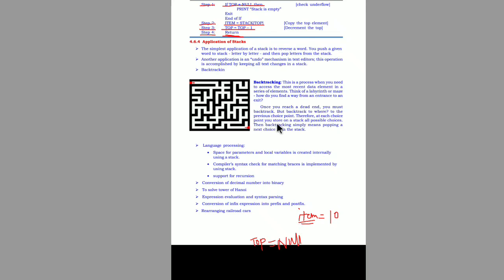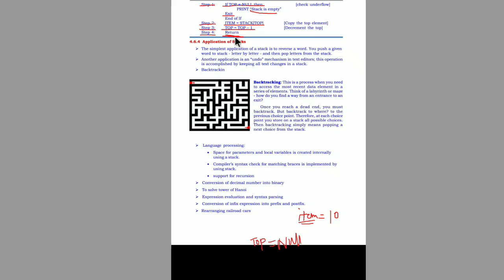So that is the pop algorithm. It has 4 steps. In step 1, we check the condition whether the stack is empty or not. If the stack is empty, we cannot delete the element, so in that case we print the message that the stack is empty and exit from that procedure. If that is not the case, if the stack has some elements, the condition becomes false, so the control will fall to step number 2. In step 2, we first copy the element that we are going to delete from the top of the stack into a variable called item, and in step number 3 we decrease the top pointer to point to the next lower location on that stack. And step number 4 is return or exit. So this is the pop algorithm.